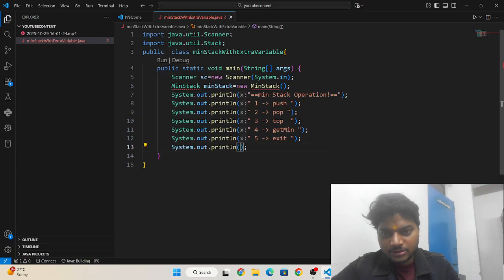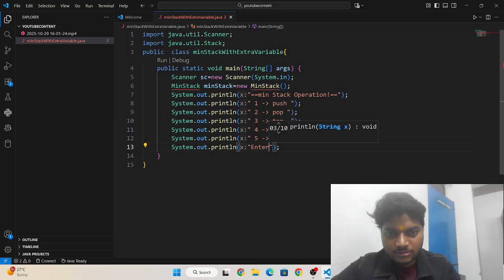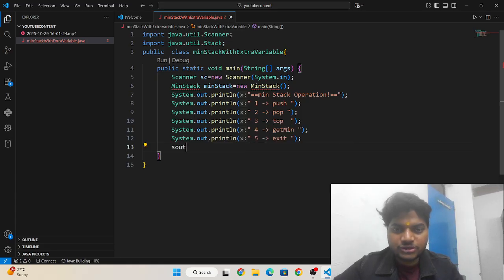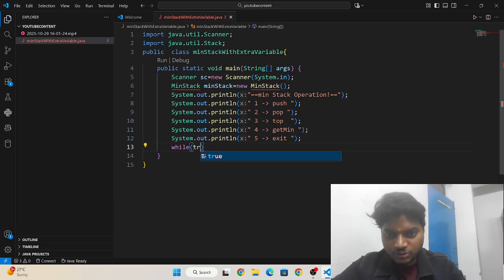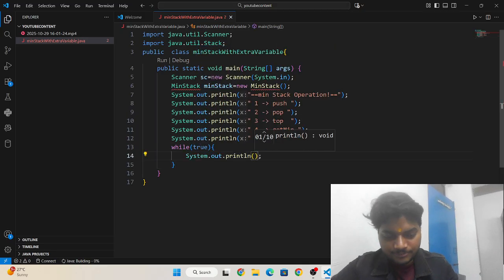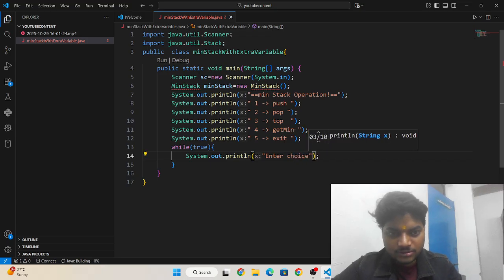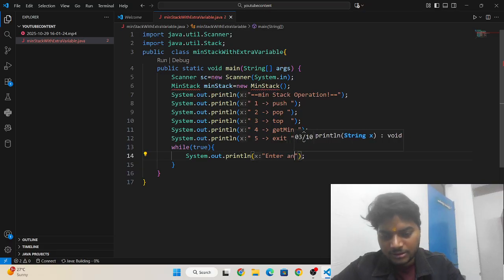I need to write here, enter, no, remove this. First write a while loop, while it's true, the condition is true, then you write enter choice, enter any one above